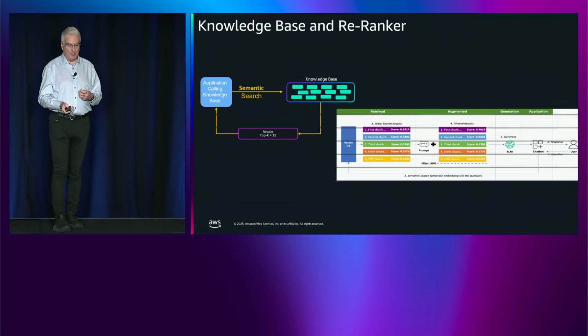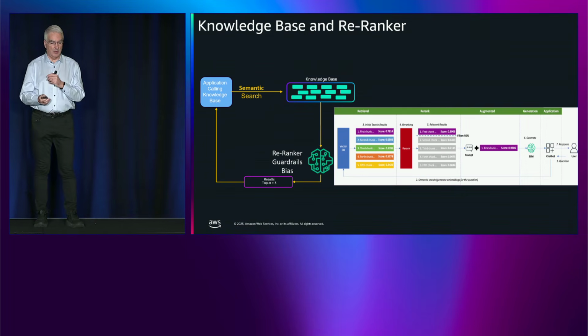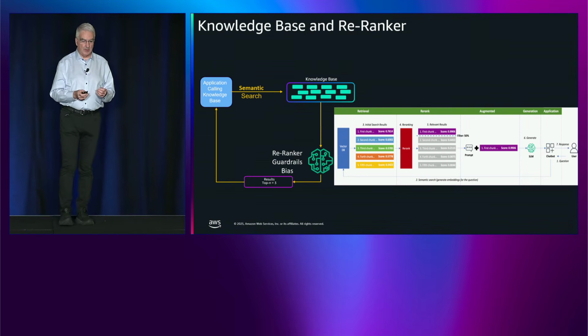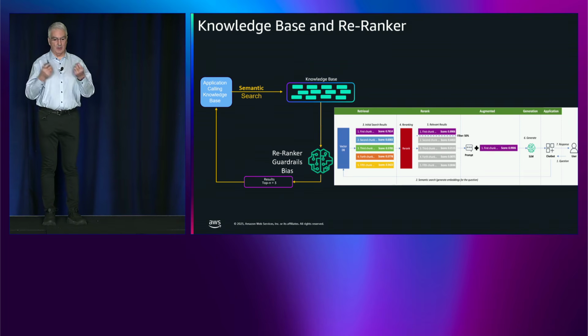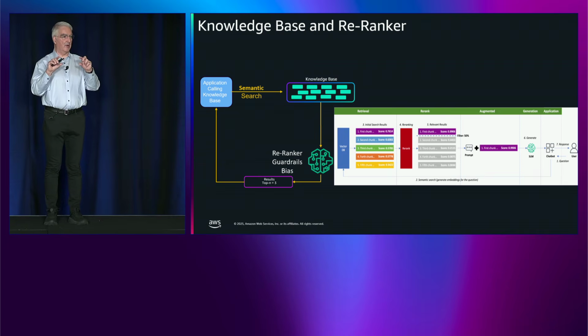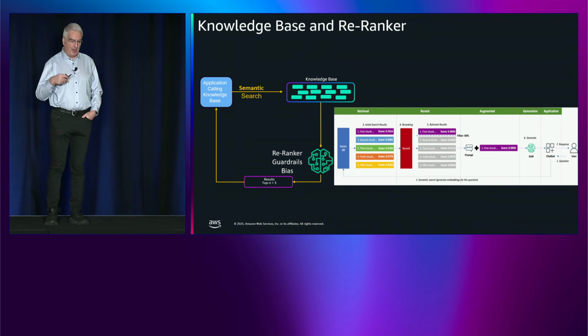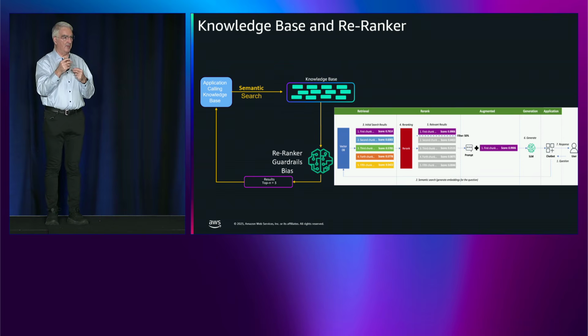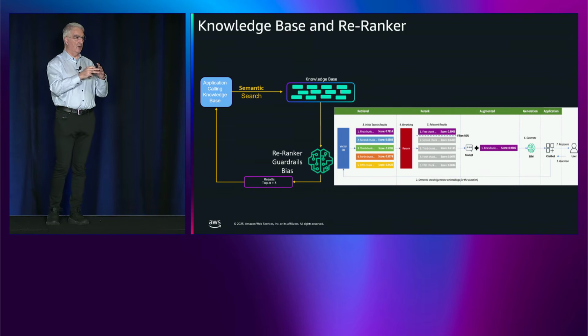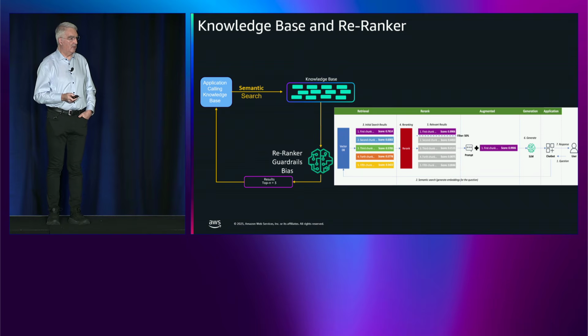By doing the re-ranker, we actually feed it through another system, and then we can filter the list down to, in this case, 1 response that's really relevant. That means that the context going to the SLM is really small, and it's really accurate in terms of how it augments the prompt. And we found that this has been a really beneficial setup. And you may ask, why not do all the search in one go on the knowledge base? But what we found by doing it in 2 steps, we could actually do bias detection and have guardrails on it, but also it was faster than doing a really complex lookup in the knowledge base in one go.